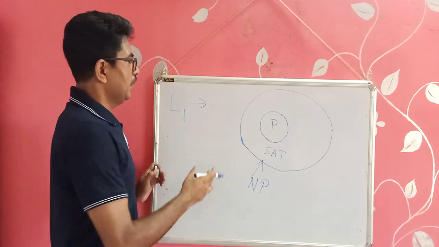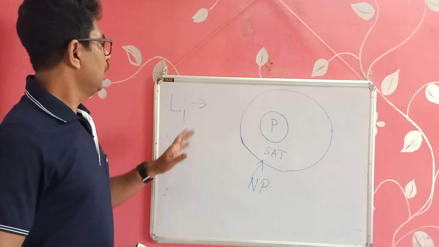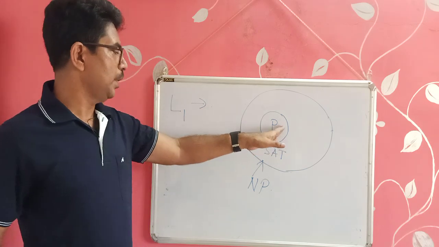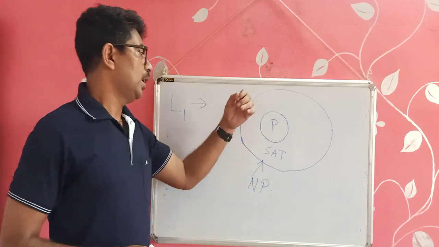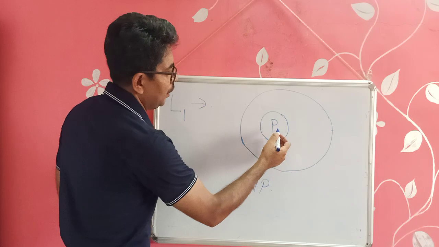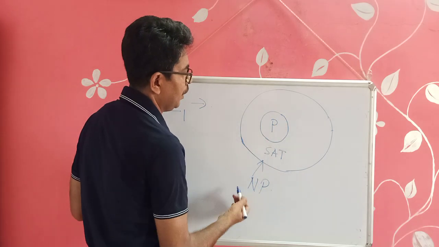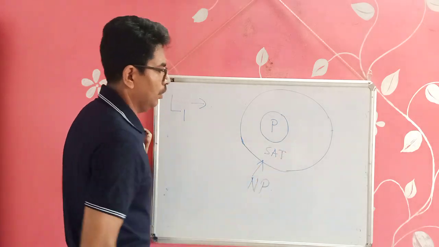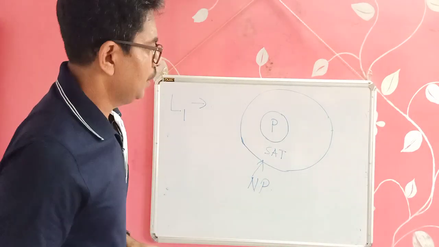How can we say that this belongs to P or this belongs to NP? If there exists a class P solution, then automatically we will be able to find it by the nature of the problem. But if a deterministic polynomial time algorithm does not exist, then how do we say that it belongs to NP, right?